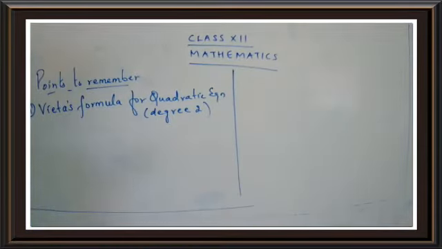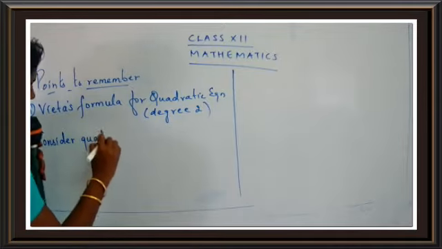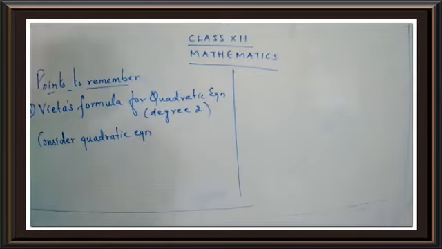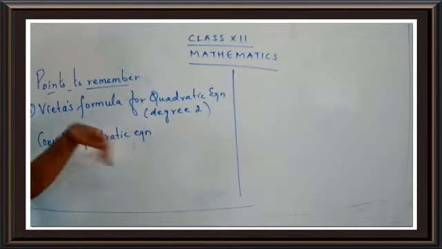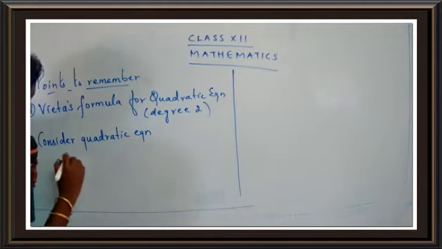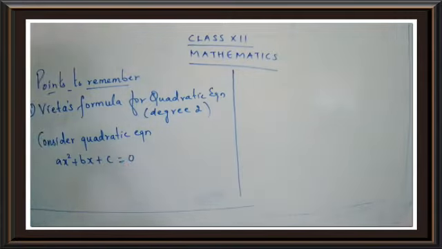Write on. So we know the quadratic equation. Write on here. Start. Consider a quadratic equation. So we have to consider a quadratic equation for degree 2. And when you go for degree 3, you have to take a polynomial equation. According to the degree, we have to choose the equation. So write down the equation here as ax square plus bx plus c is equal to 0.